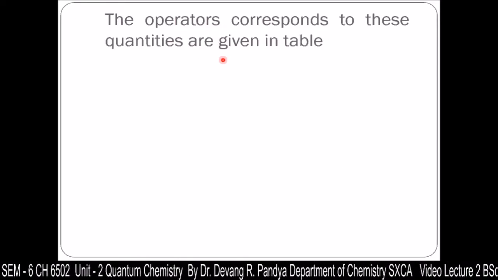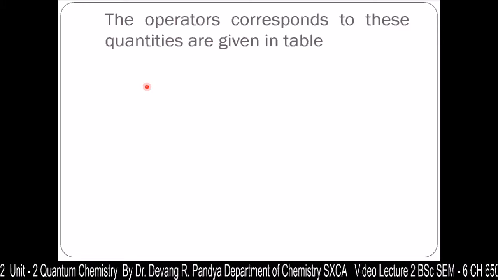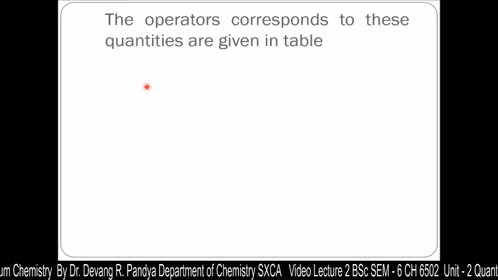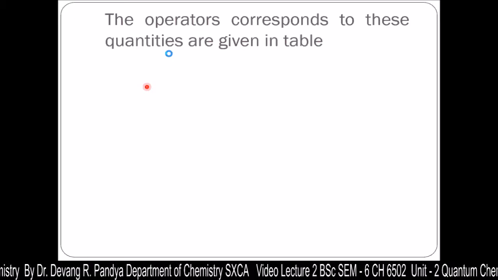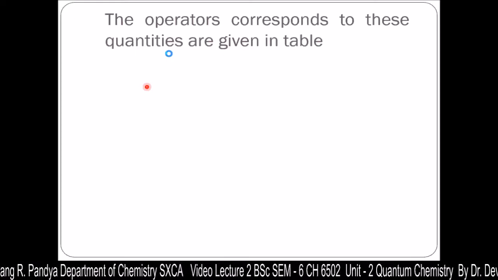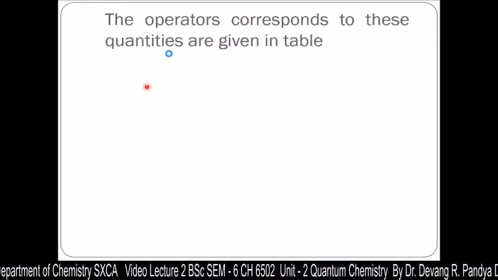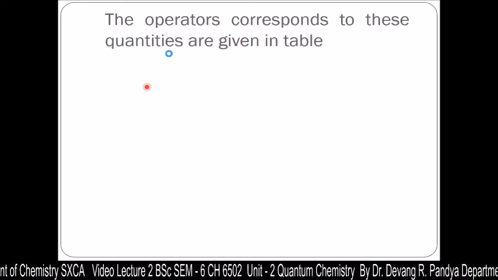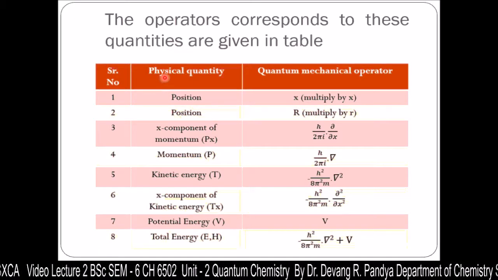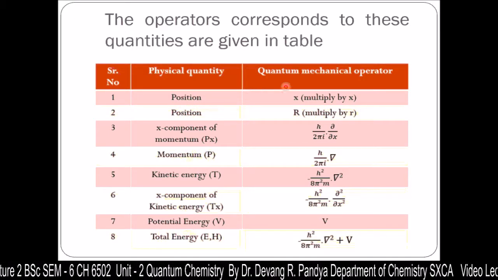The operators corresponding to these quantities can be found in this table. It will take a little time as it is animated. So every physical observable has different quantities, and each quantity is assigned a specific quantum mechanical operator. As you can see here, the physical quantities are given in tabular form. 8 physical quantities are there, and each of these physical quantities has